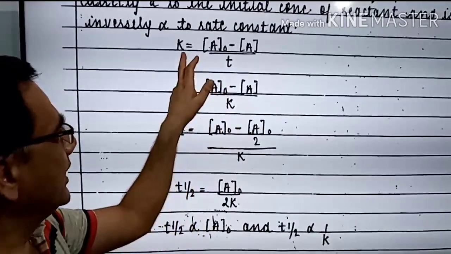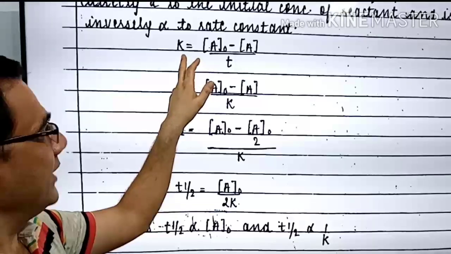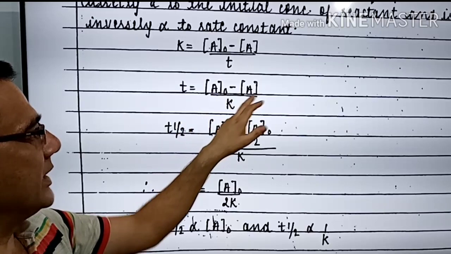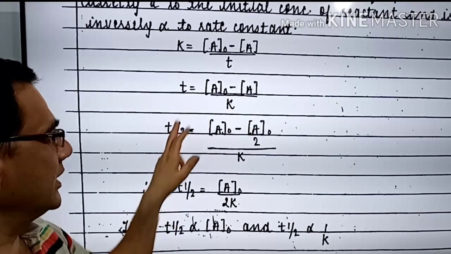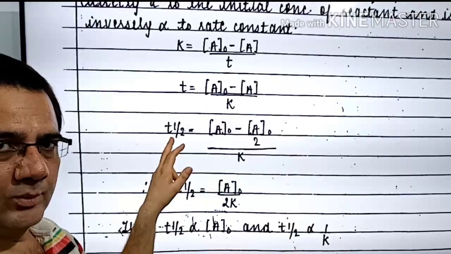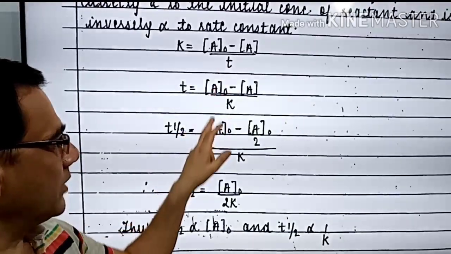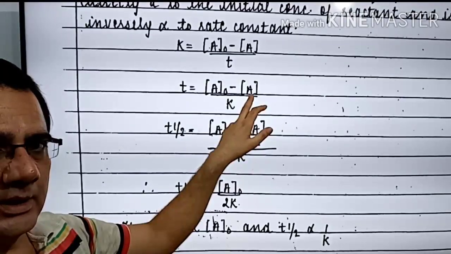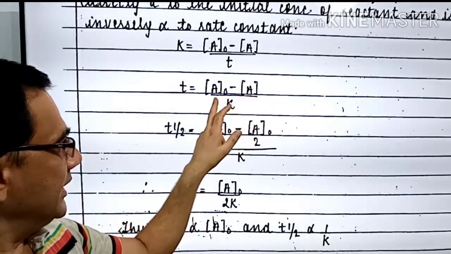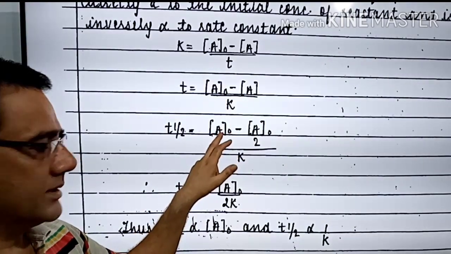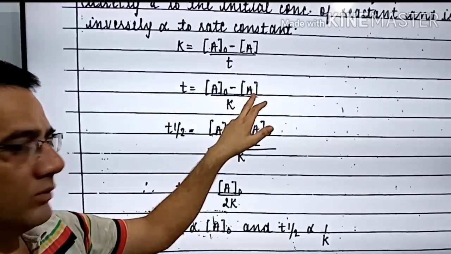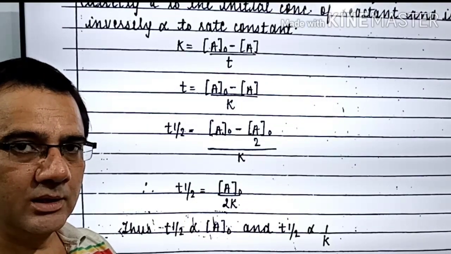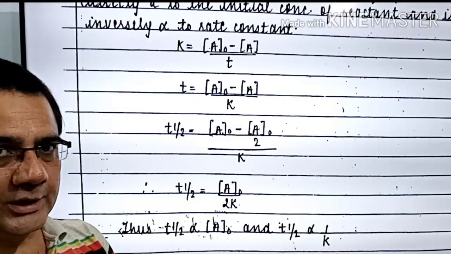देखिए, this expression we have just derived, K is equal to A initial minus A upon T. Then T is equal to A initial minus A upon K. Now in place of T, I write T half. और अभी हमने आपको बताया था T half is equal to, ये तो आपका A initial ही है, और ये कहलाता है concentration of reactant A after time T. If the initial concentration is taken as this A initial, so what will be the value of A at exactly T half? इसका मतलब आधा. किसका आधा? इनिशियल का आधा. हाफ ऑफ द इनिशियल वैल्यू.